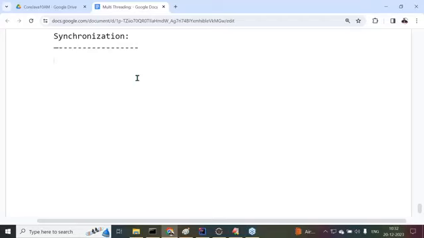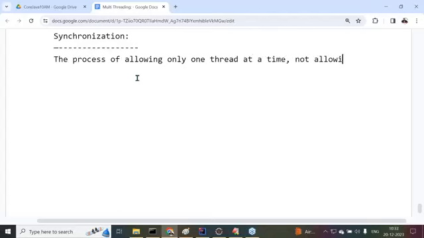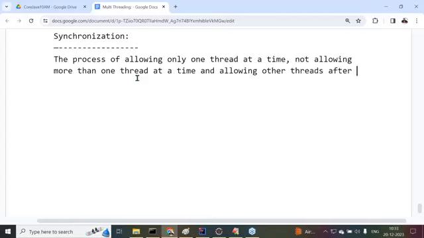Come again, almost the same point I have given there in three directions. What's the point I said? The process of allowing only one thread at a time, not allowing more than one thread at a time, and allowing other threads after completion of the present thread execution.